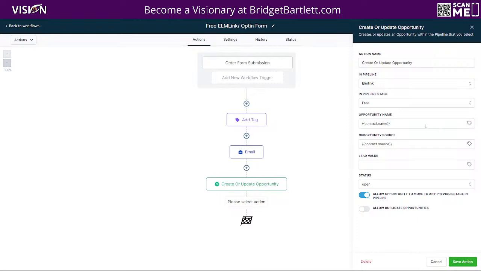Now here we can actually give our opportunity a name. Now I like to choose the name of the person. So you can of course type something manually in here, or if you click this little label here, you can choose any of the custom values that you have built in your account. So if I wanted to choose the contact's full name, I can just choose that, and then it will pre-fill in that custom value. So now that it's dynamic, and whatever the contact name is that they have opted in for the free plan, it's going to pre-fill in that name